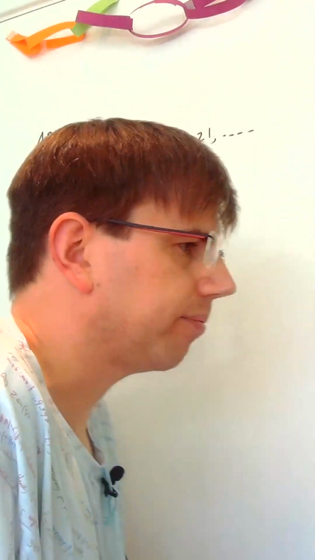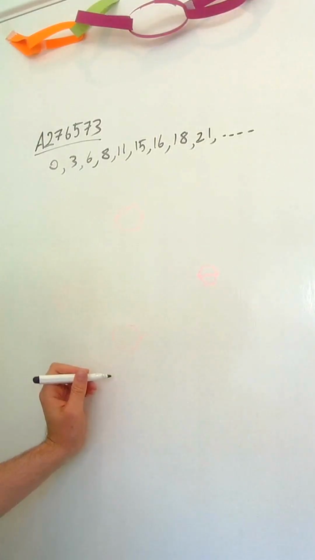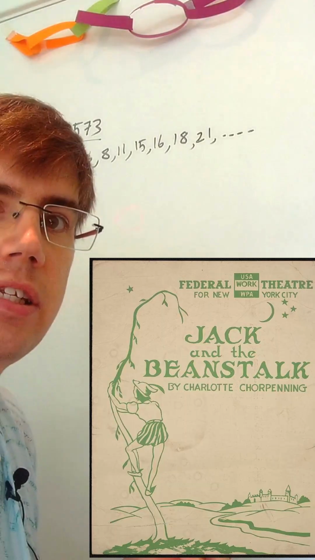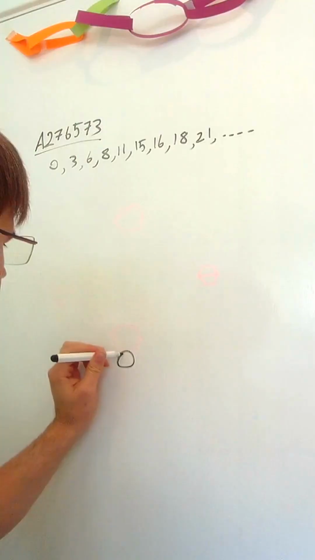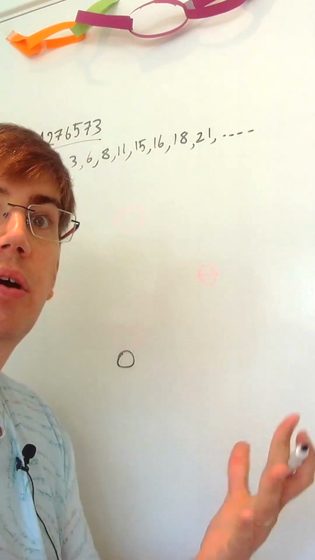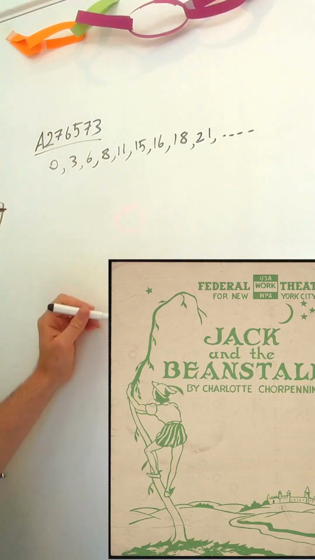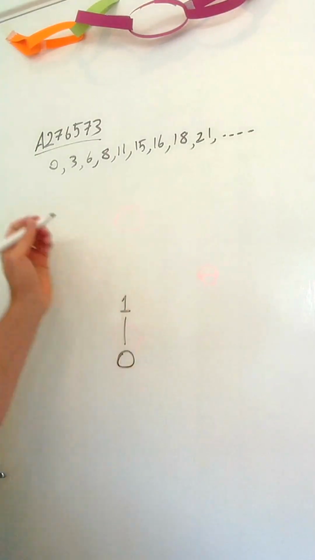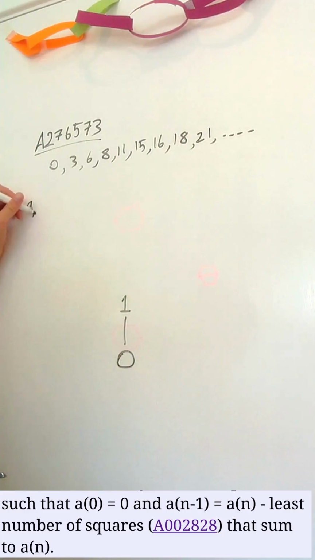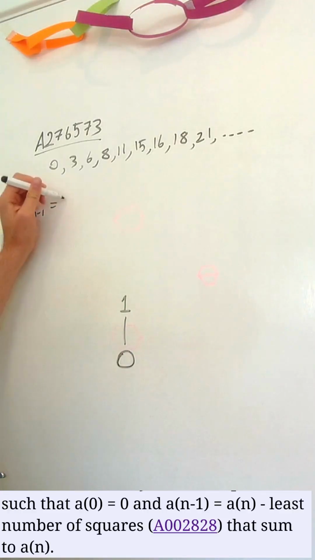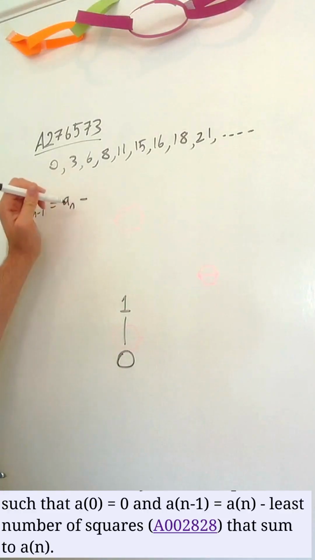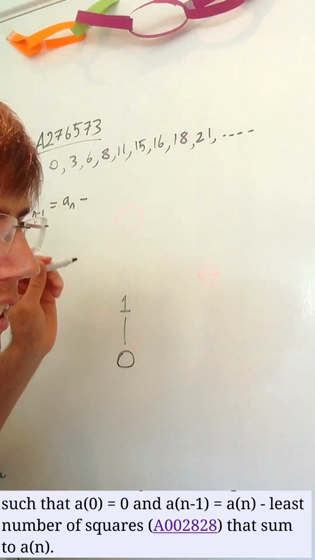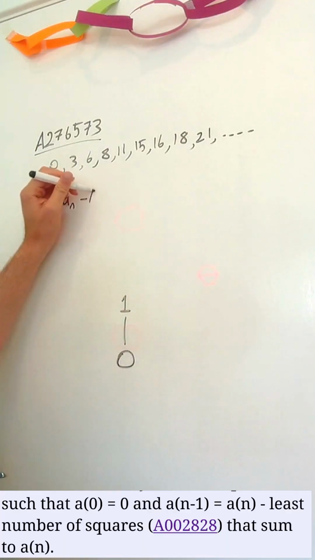So let's try that. So I'll write my 0. We'll start with, let's try and make it a beanstalk, eh? So write a 0 here. I'm going to try and go upwards. That's what beanstalks do. Up to 1. So does that obey the rule? What's the rule again? I'll write it down. A of n minus 1 is an minus least number of squares, which is another sequence in the OEIS, so I'll give its number